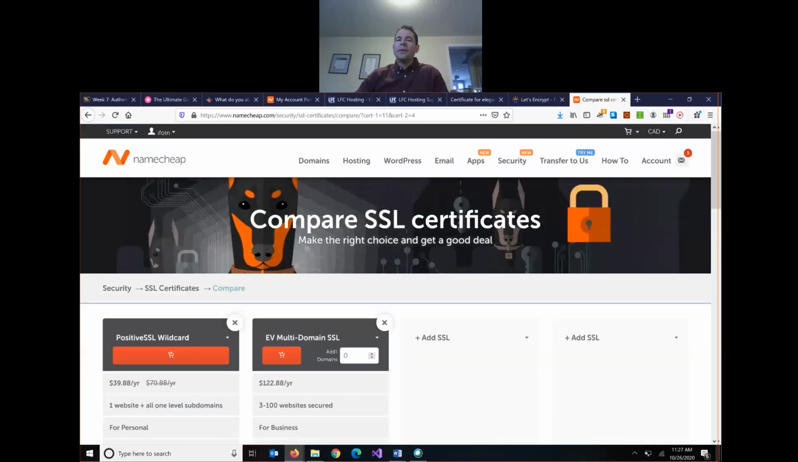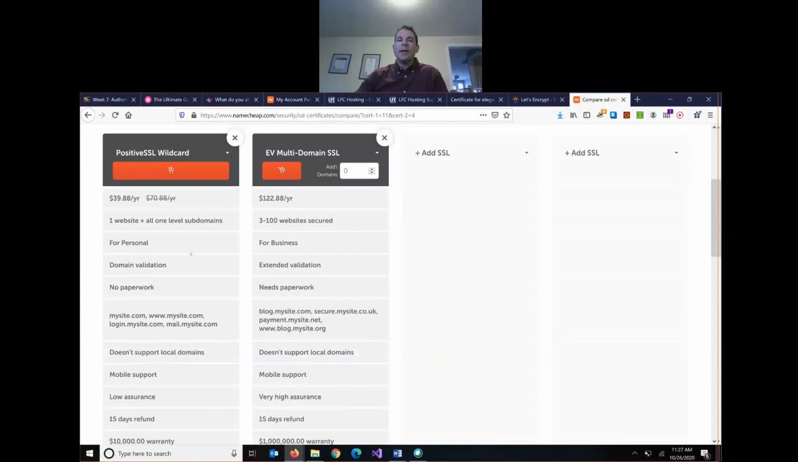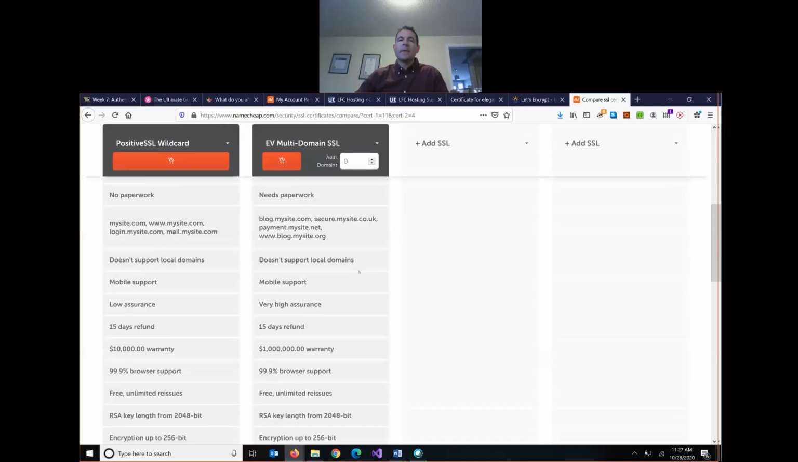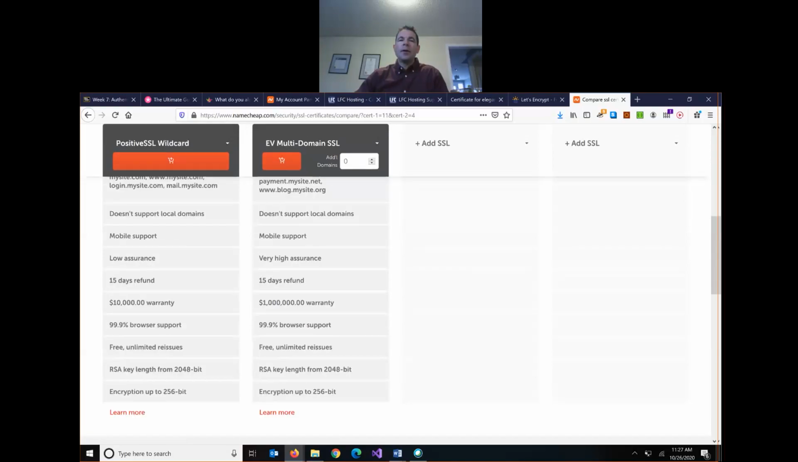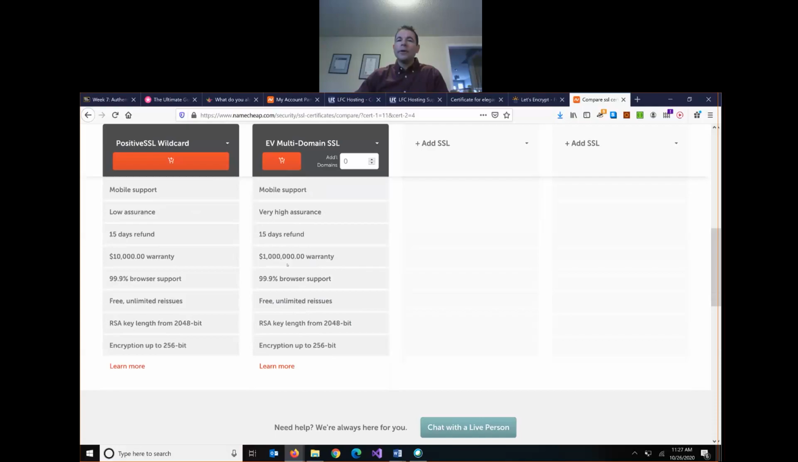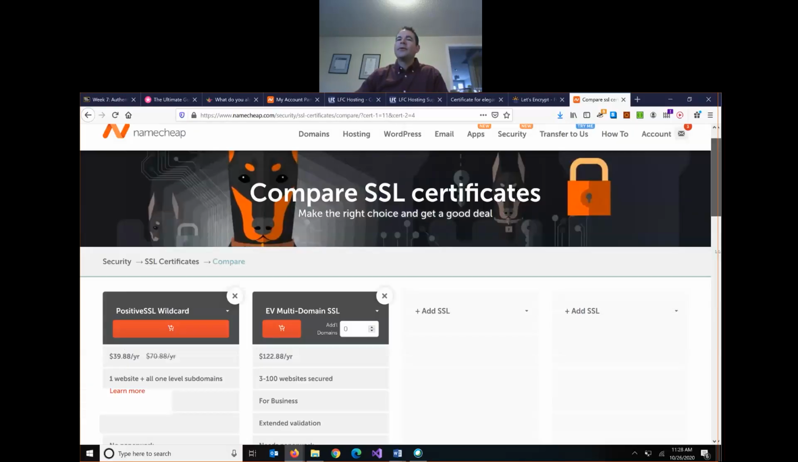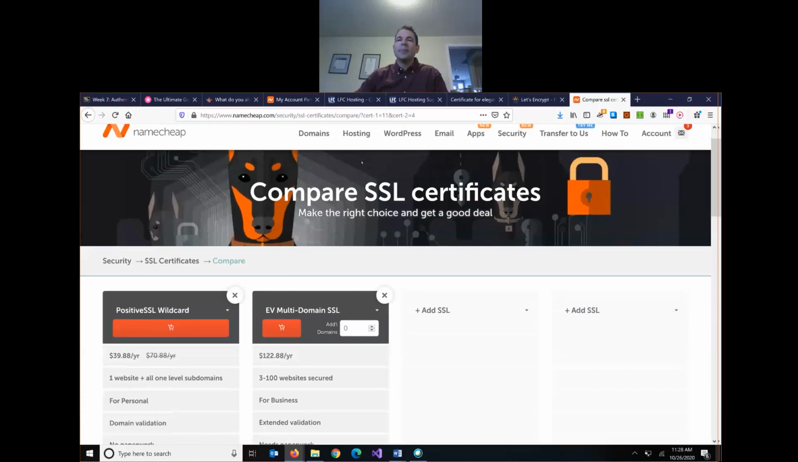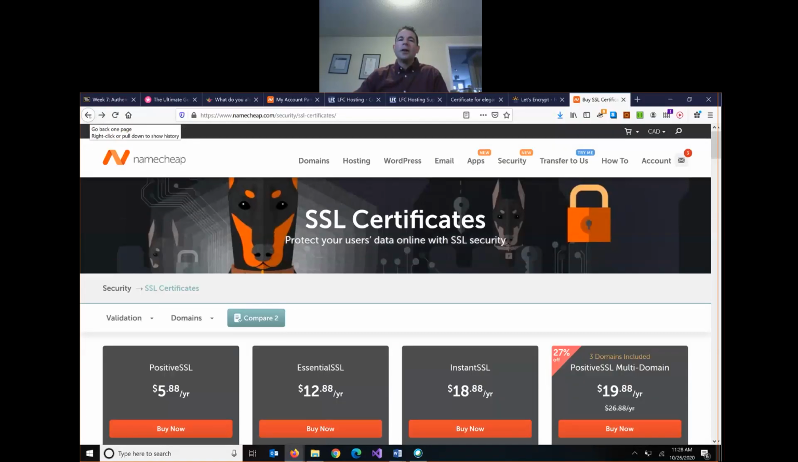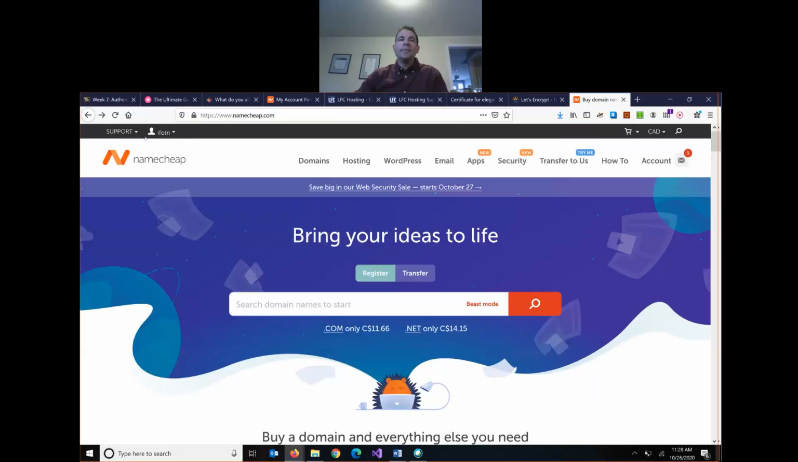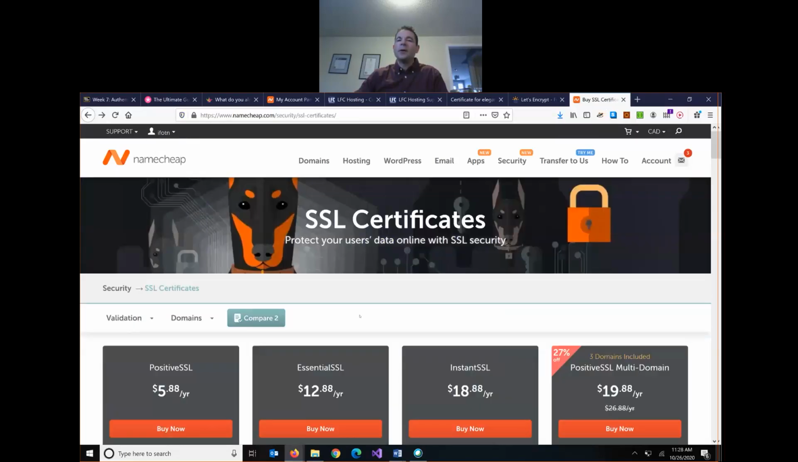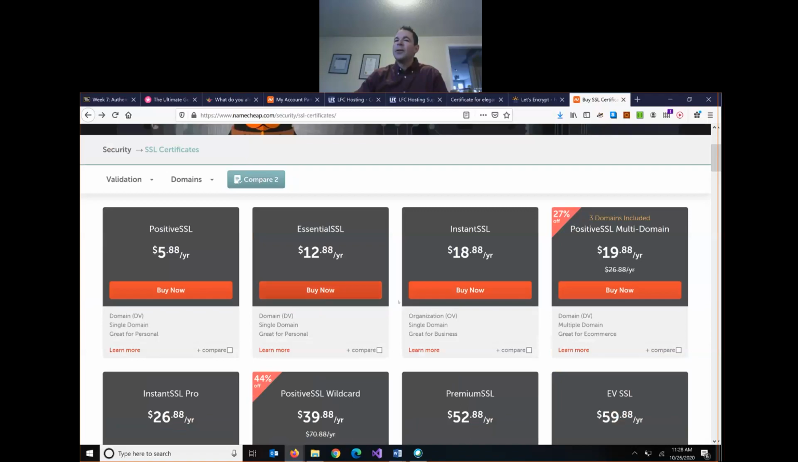they also come with different amounts of warranty, for example. So this has extra validation, higher assurance, a much higher warranty, for example, but the encryption levels are actually the same. So oftentimes if I'm using a server that doesn't use Let's Encrypt, I'll often get one of these inexpensive ones, you know, 10, 12, like the Essential SSL or the Instant one